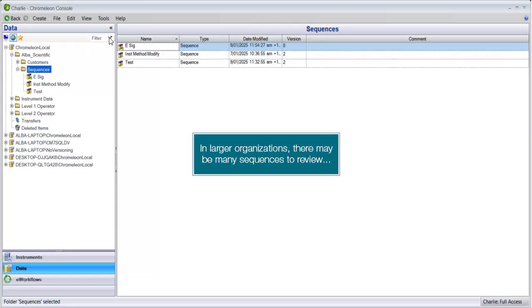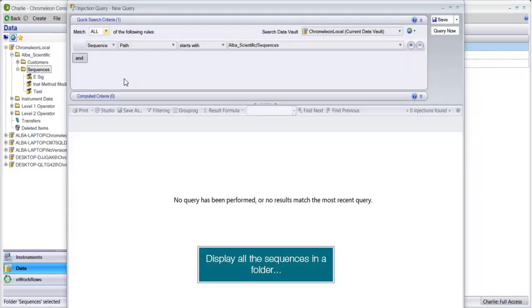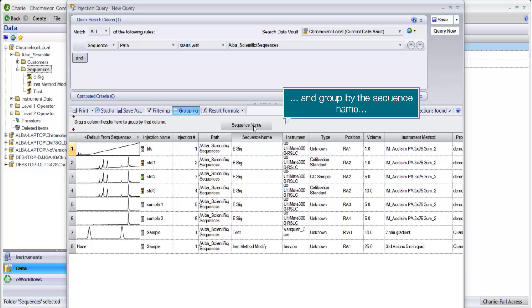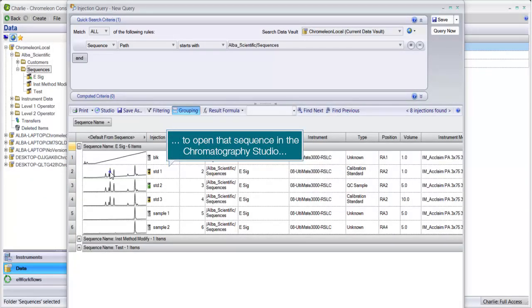In larger organizations, there may be many sequences to review. The injection query can assist in locating them. Display all the sequences in a folder and group by the sequence name. To open that sequence in the chromatography studio,